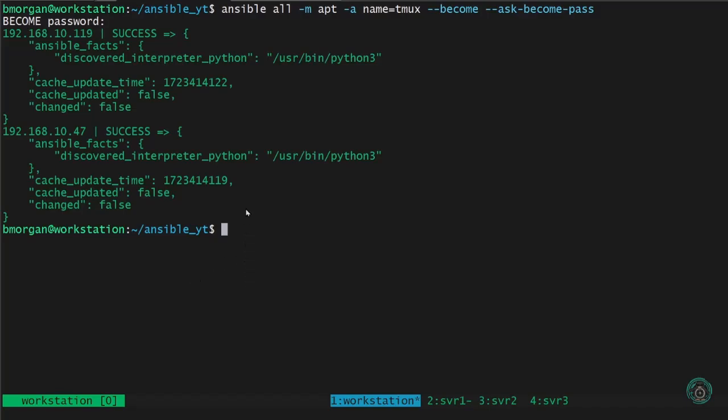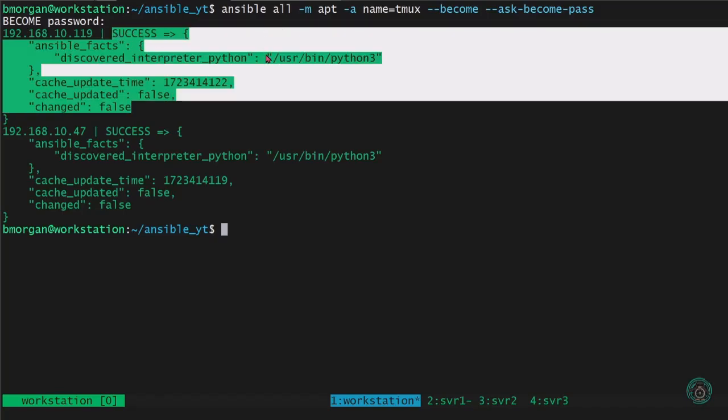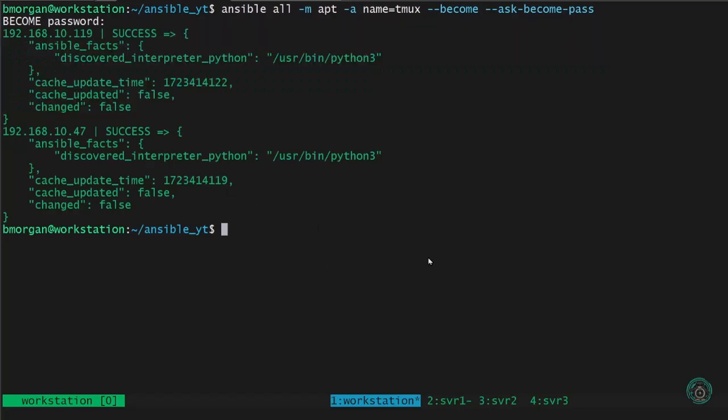So even though nothing was installed, it gives you a good example of what it looks like if something's already there. It says changed equals false, but it's still registered as a success. So that means that tmux is already on the server. And just to double check that it is installed,